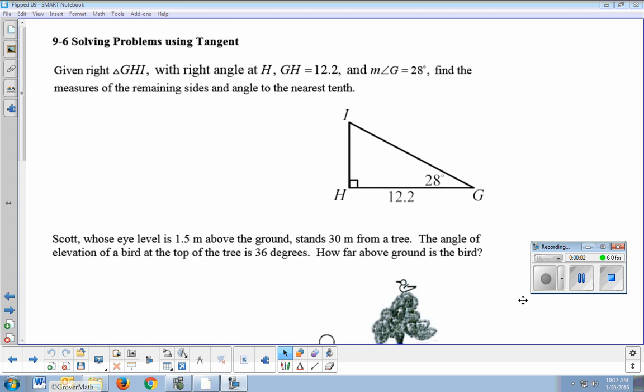Geometry, Unit 9, Section 6, Solving Problems Using Tangent. The previous lecture was solving problems using sine and cosine, so we're going to see a lot of similarity between that. That's a little pun, too, because a lot of trigonometry comes from similar triangles. Feel free to laugh. So the thing about solving problems with sine and cosine, what we kept seeing was we